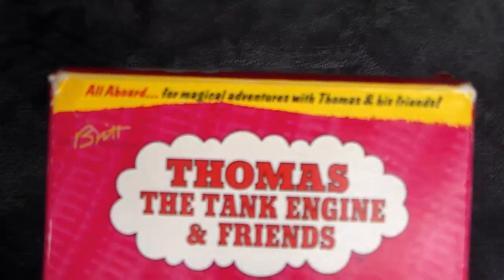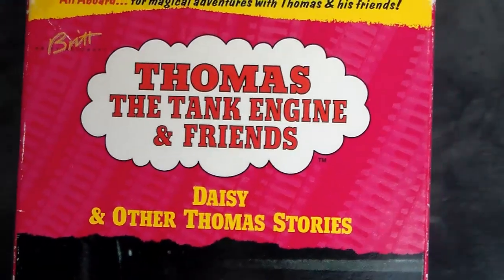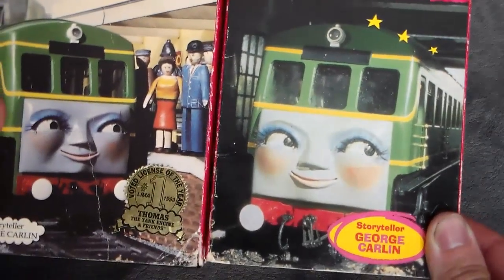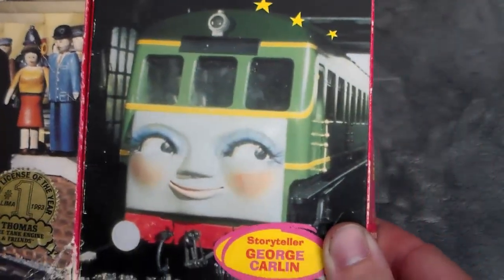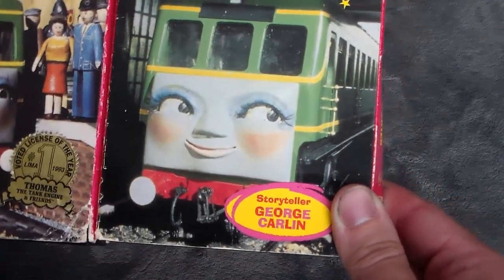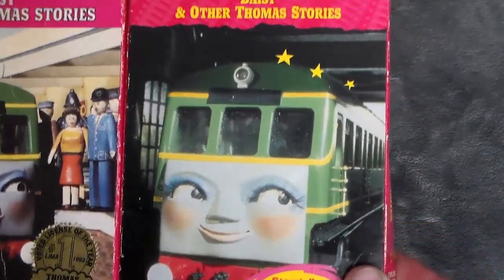Up there at the top, all aboard for Magical Adventures with Thomas and his friends, the Bert Allcroft logo, Thomas the Tank Engine Friends, Daisy and Other Stories. And you'll notice the screenshot has changed. This one you've got Daisy at the station with the passengers, and this one you've got Daisy in the freight shed, I believe it is, when she's smiling and is like,